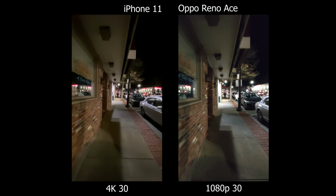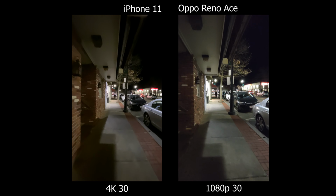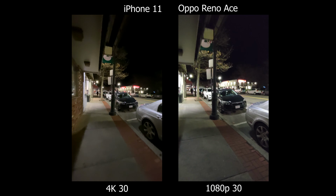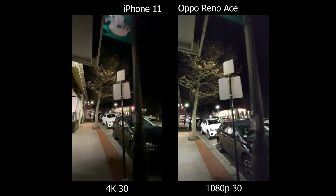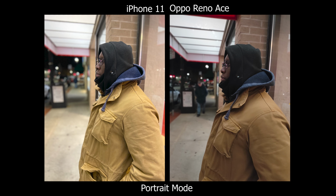Now for the ultra wide angle lens, it is pretty obvious that the quality is not that good, and the only time I would consider using it is when I'm in the city where there's a lot of street lights, building lights, and car lights. So overall, I find that the Oppo Reno Ace is a really good camera phone, especially